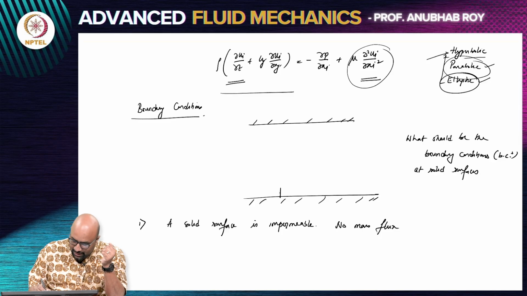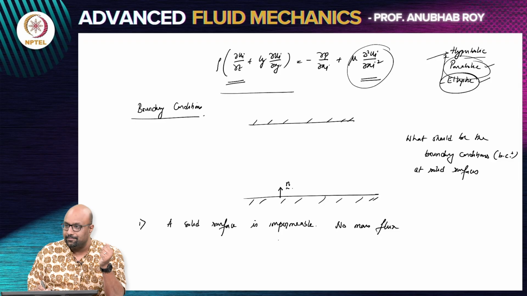If I define at any particular point a unit normal, which is n, and the velocity field in the fluid is u as a function of position and time, then the boundary condition on a solid surface is going to be u dot n is equal to 0. The normal component of the fluid velocity would be 0. So there would be no component of transport